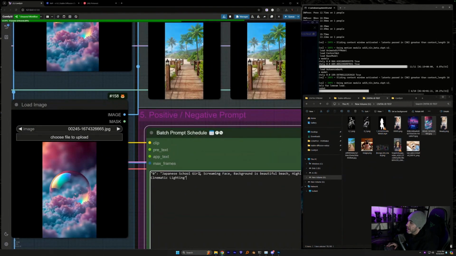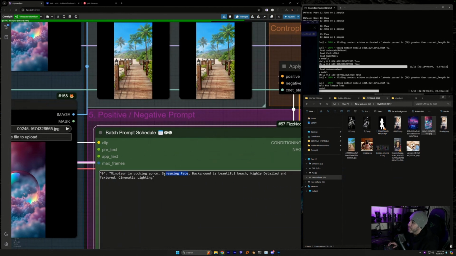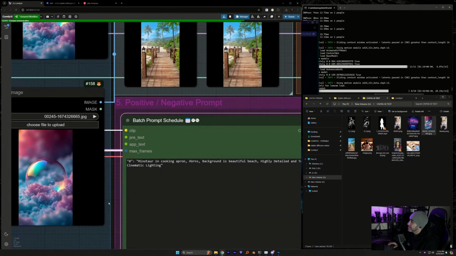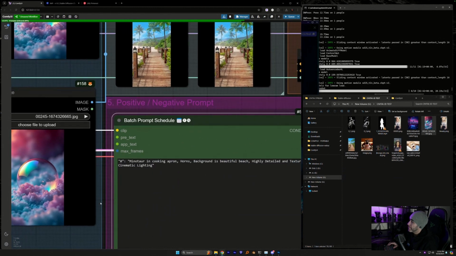And we'll say, Minotaur in cooking apron. We'll put horns and background is, I don't even know what this is. What is this? A bubble? Is that a bubble?